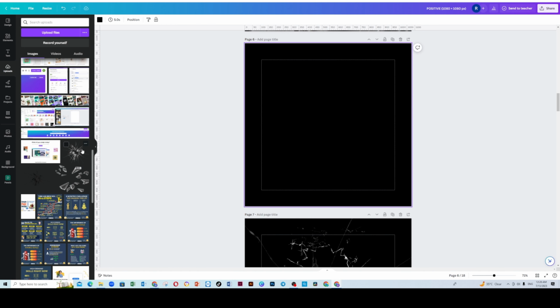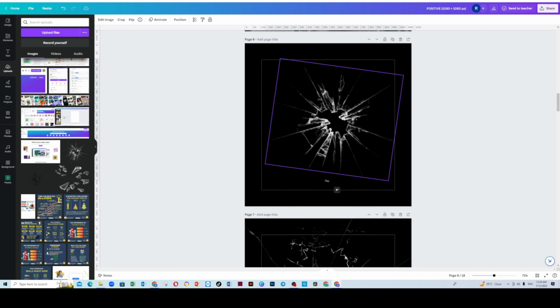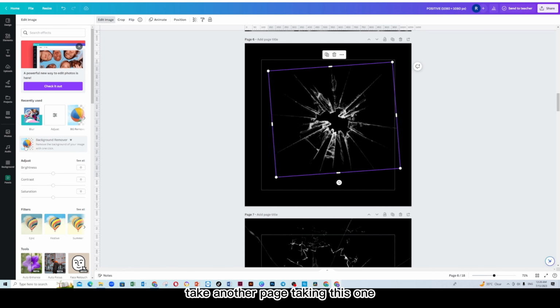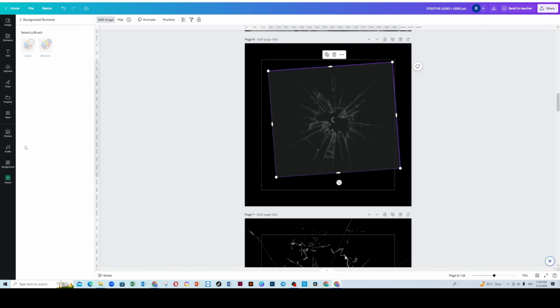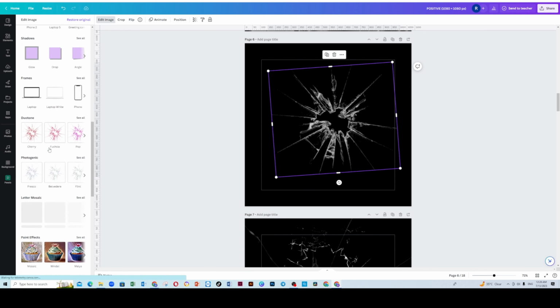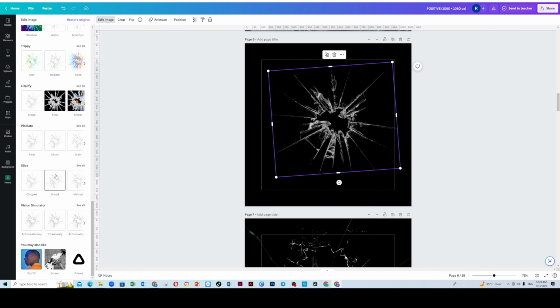I'll take another page. Taking this one. Remove background. Yes, apply. Then go to the